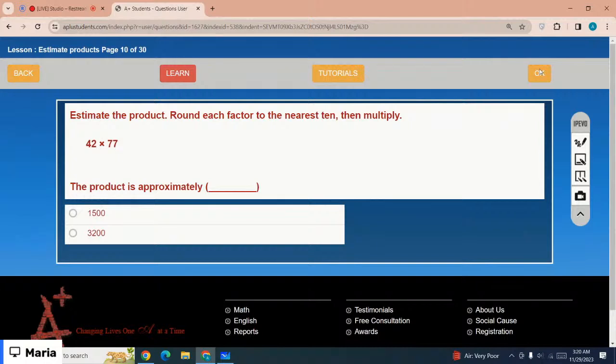Estimate the product 42 times 77, which is the correct option? 42 is rounded off to 40 and 77 is rounded to 80. So the correct option is